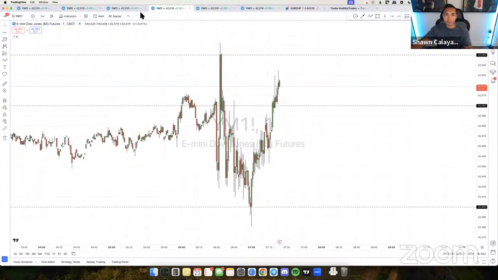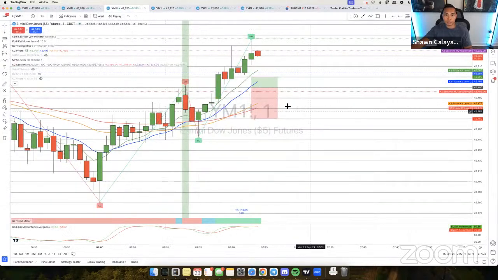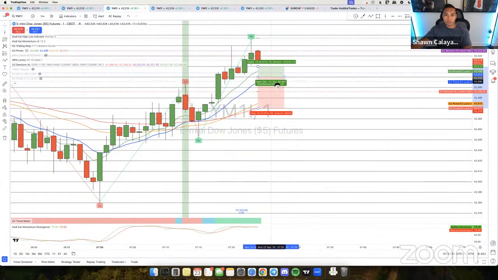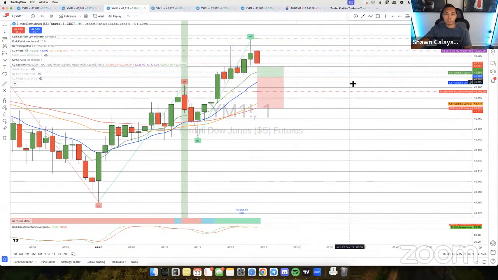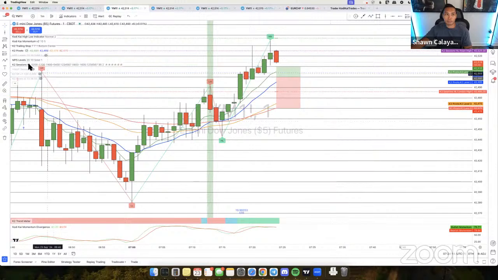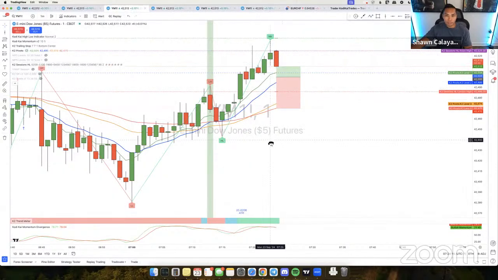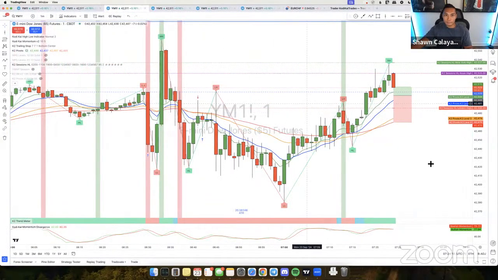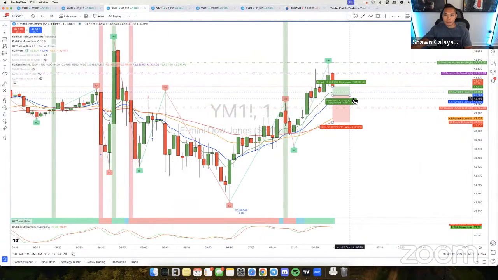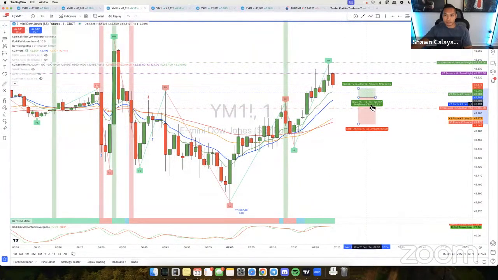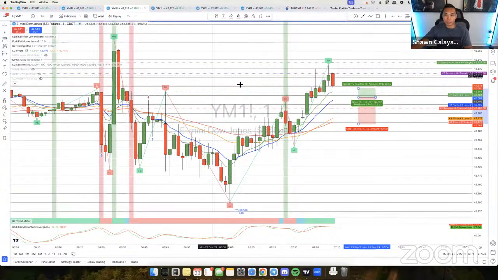If you want to climb it up, feel free to climb it up, but just make sure that once the movement starts to get a little volatile, that's where you want to be careful, because that's where the manipulation is probably going to happen. The problem with this here right now is that we're right at the sessions. See where the sessions are at? So price is having trouble getting past this area, which is normal. This is typically what happens.